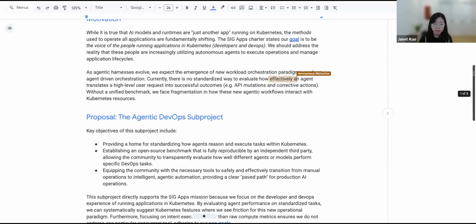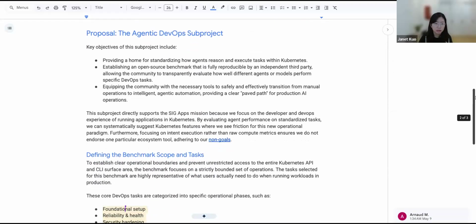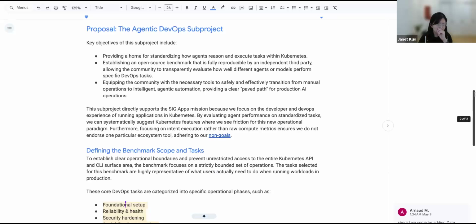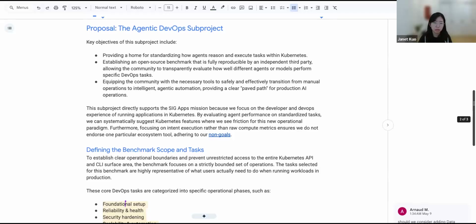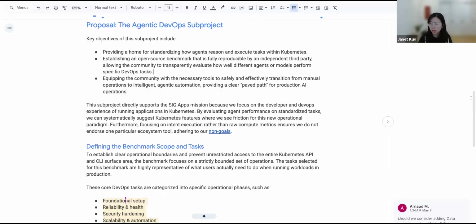And then more details here is that we want to standardize how agents reason and execute tasks on Kubernetes. We also want to provide an open source benchmark that's vendor neutral, also completely reproducible by any community member.